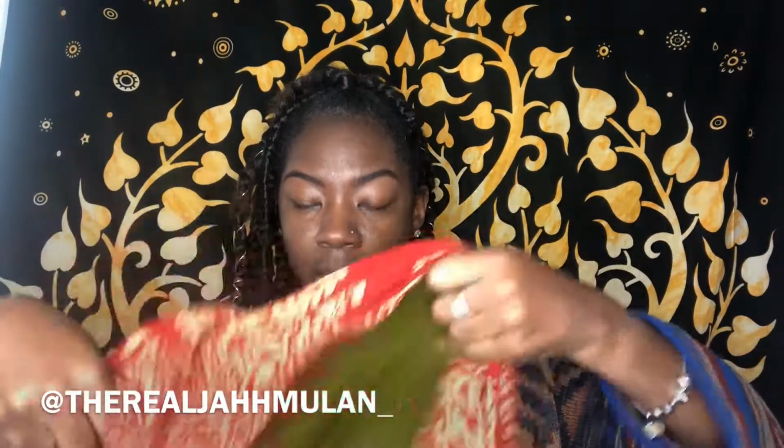So I always start, like I said, I do it on a flat twist, so it's much easier. But now that I have braids, it'll be a better look of how it would look with different hairstyles and things of that sort, okay? So I start by drawing it up like this all the way to the end, putting the end,